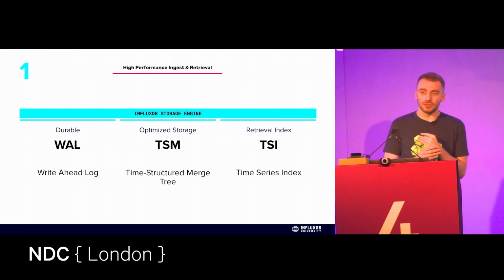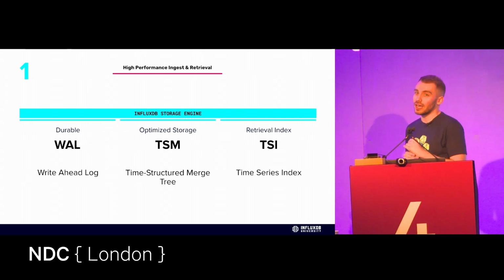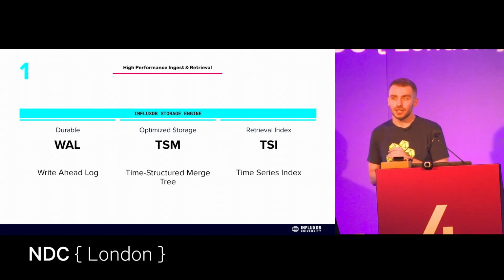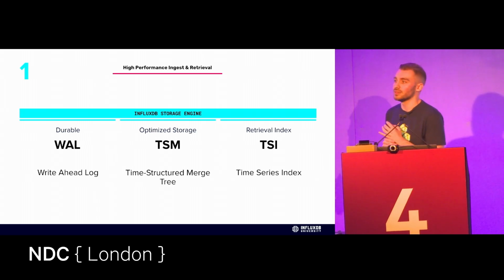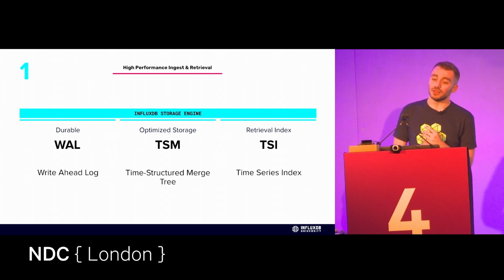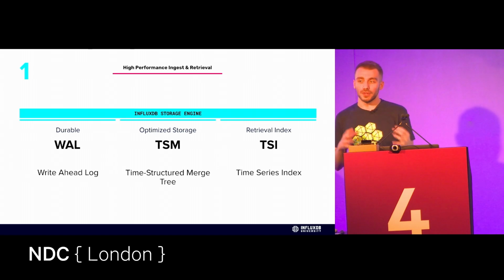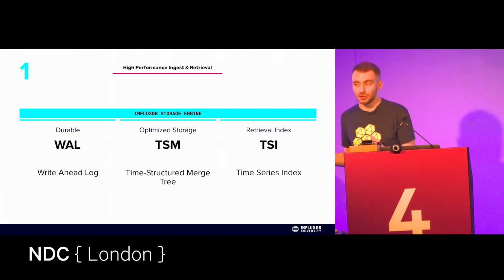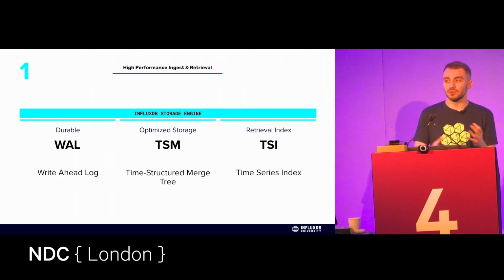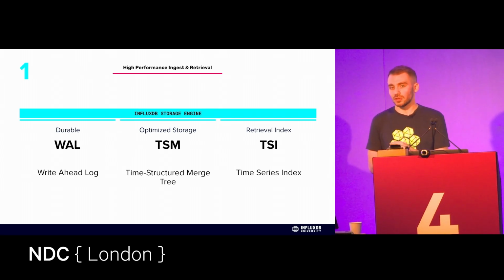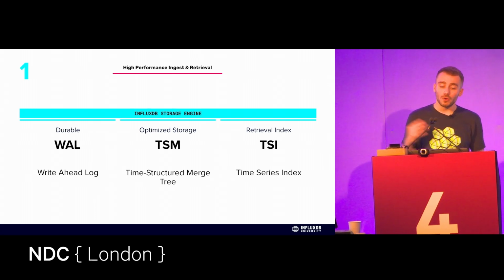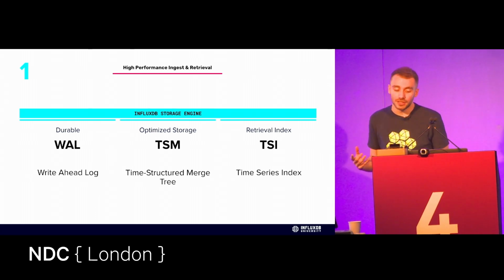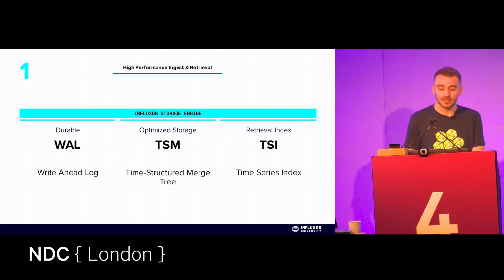In terms of retention, I believe we are 4 times the capacity of Cassandra. We are about 4 to 6 times your standard PostgreSQL, and that is due to building the TSM, or the time series merge tree engine, and the file system from the ground up. So we are hyper efficient at storing data on disk. But not only this, we are also hyper efficient at retrieving data from disk.